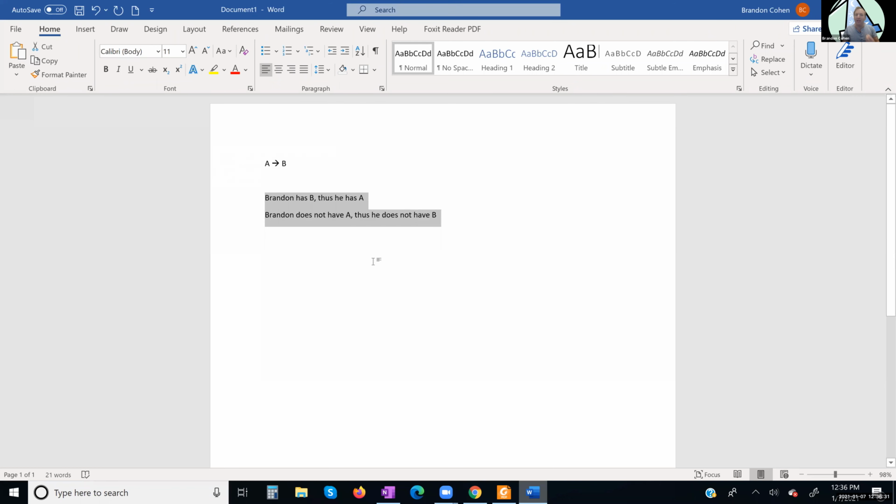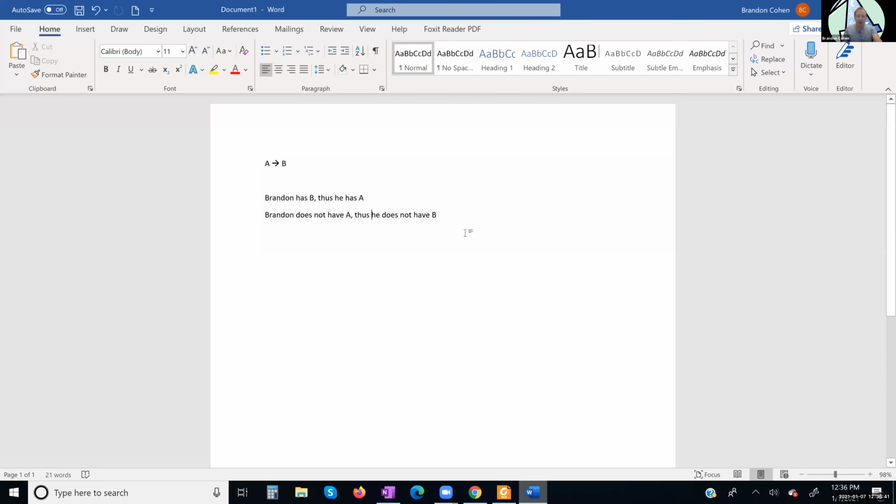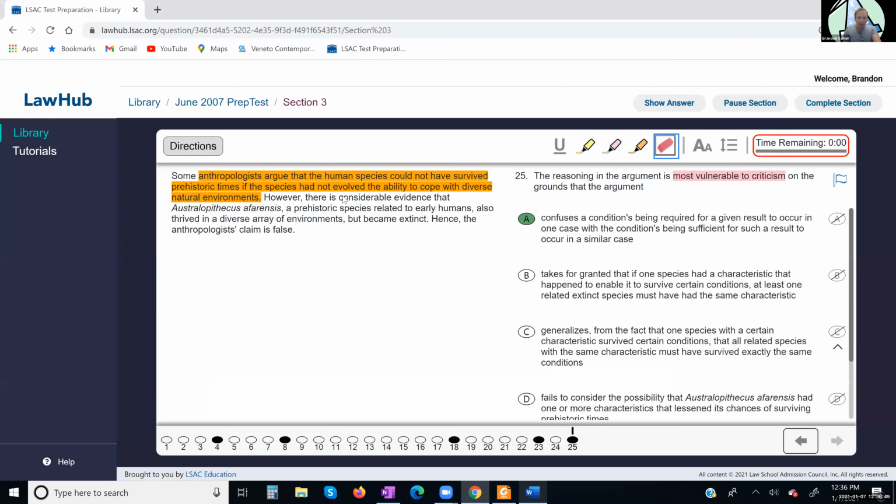Okay. They're doing inverse converse. This first conditional, if we read it, and you could have caught it while you were reading, if orange, if you were not evolving, then you did not survive. Okay. So if we were writing it, it would be not evolve, then not survive. Okay. And what they're saying is that there's evidence of these things that did evolve. Okay. That they thrived in a diverse, so I'm sorry, they,